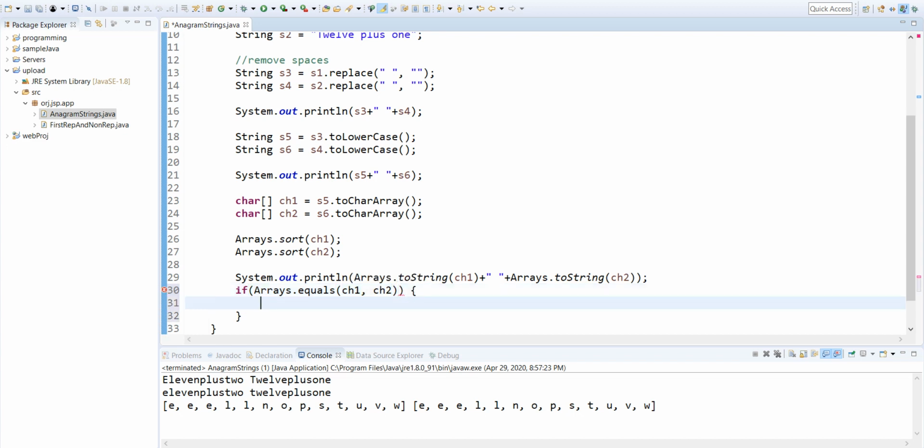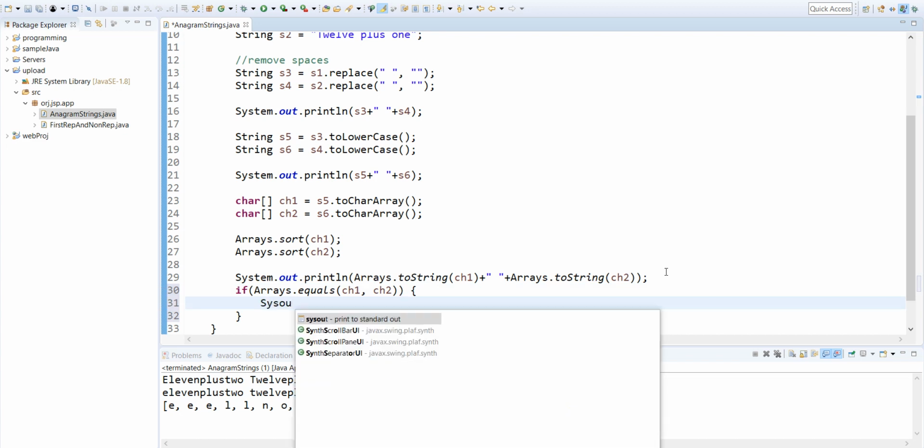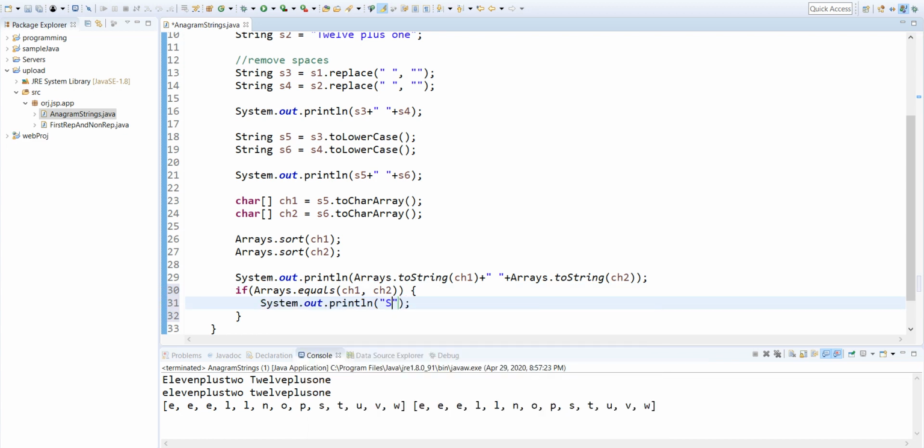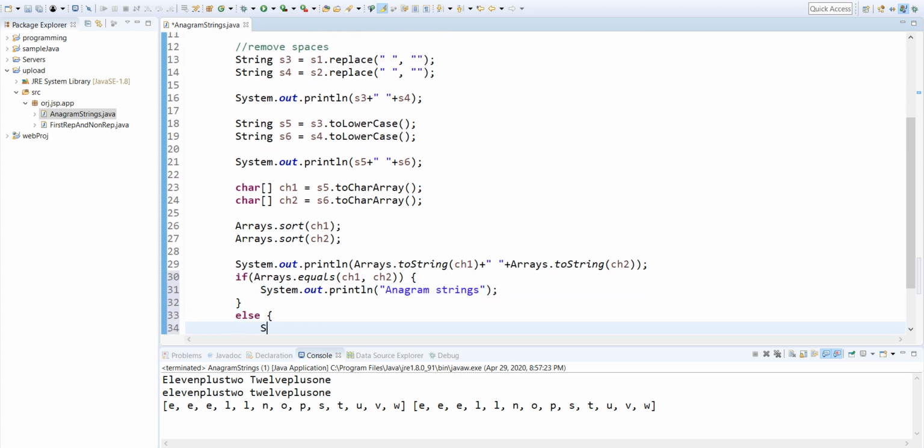If they are equal, print the message: these are anagram strings. In the else case, directly print: not anagram strings.